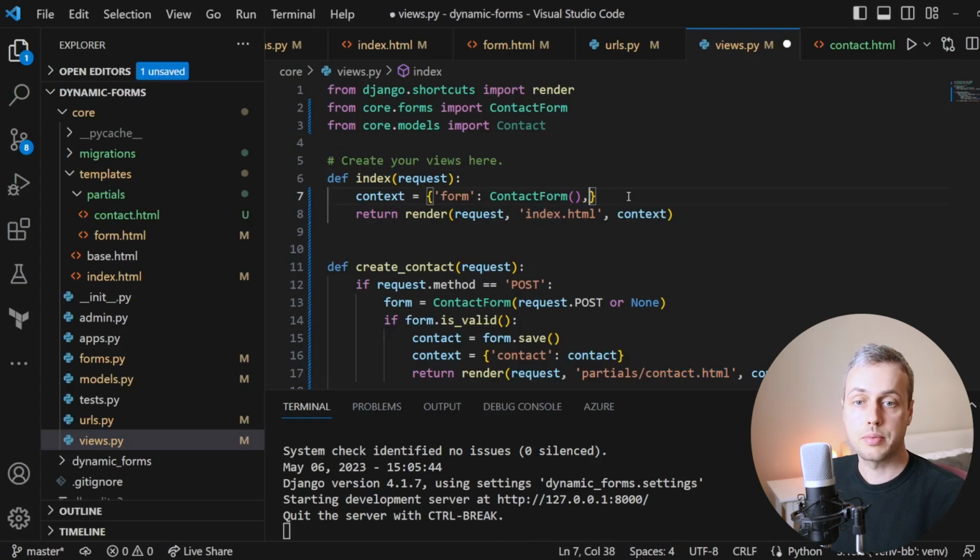And to the context, I'm going to add a new key here called contacts, and that's going to be equal to the model Contact.objects.all. So basically fetching every one of those contacts from the database. So we now have this key of contacts available. We can use that